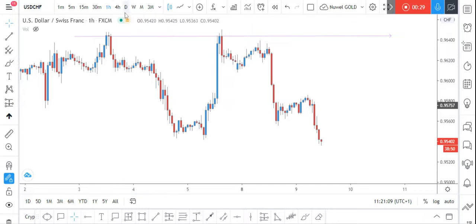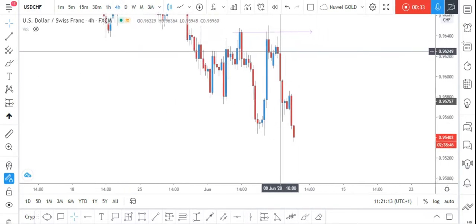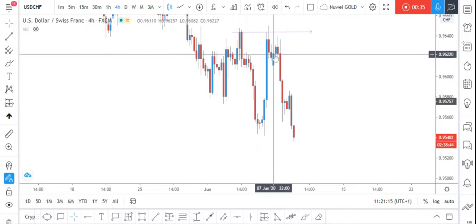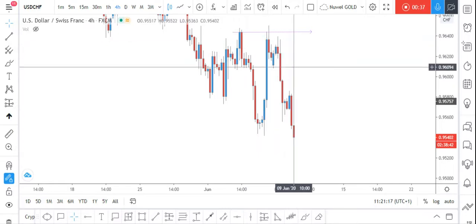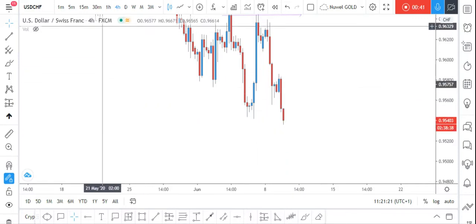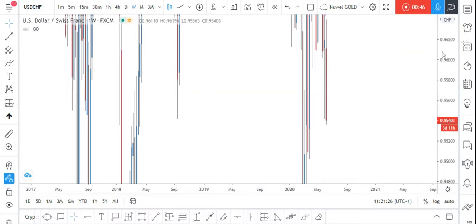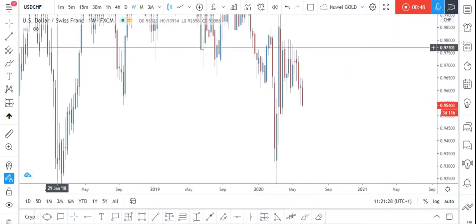However, we didn't get the breakout we were expecting. So we just got a rejection, shooting star formation here, and stop trades are taken from here, stops above here, and then trade entered, profit. However, what we are going to be anticipating on this pair is for it to come back down to